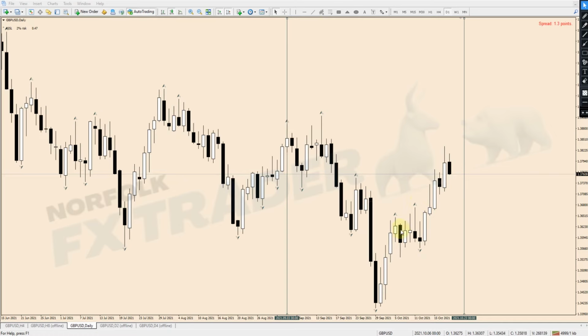But this is to show you this pattern, and that is the pattern I'm talking about, where we have the rally, sideways movement, price doesn't go anywhere. This is what I call that continuation price pattern. There's your continuation to the upside. This is the reversal pattern. So we're seeing this